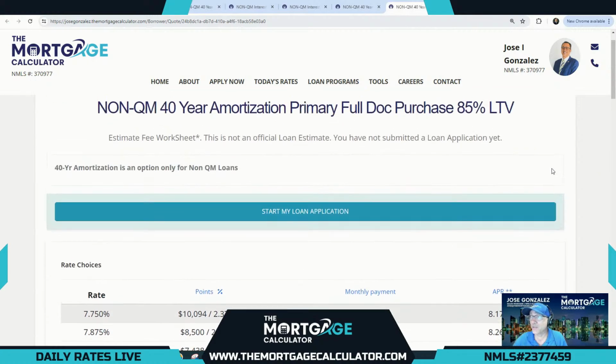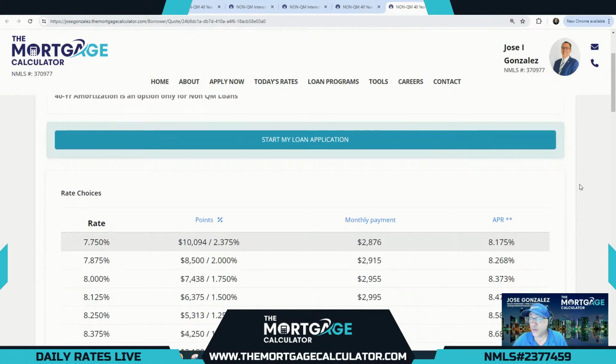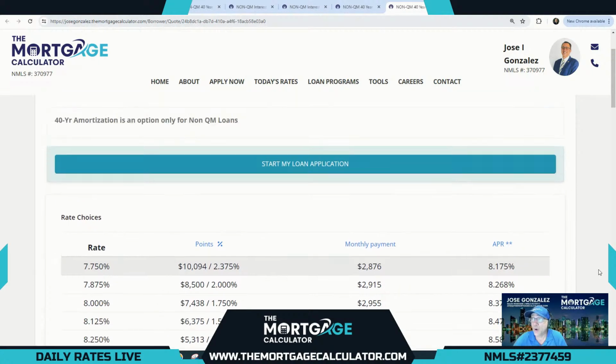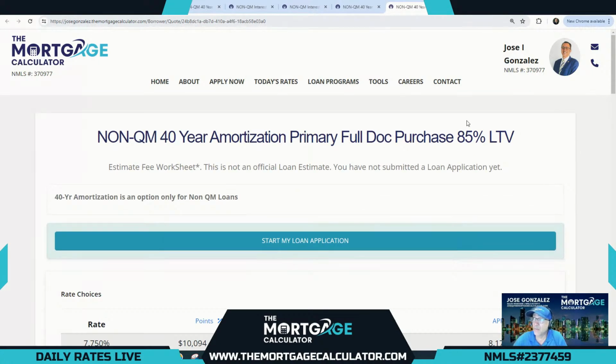Now I'm going here with just 40-year amortization, no interest only component. 8.875 is at par. In the other option, non-interest only, 90% was costing us 1.125. So 8.875, and we can go all the way down to 7.75 at a cost of 2.375. So definite improvement as we drop the LTV to a more traditional 85%, and then the more standard 80% LTV,